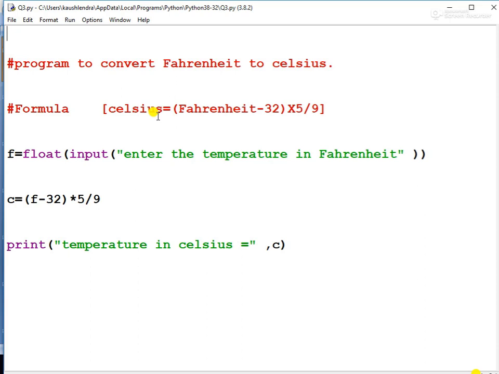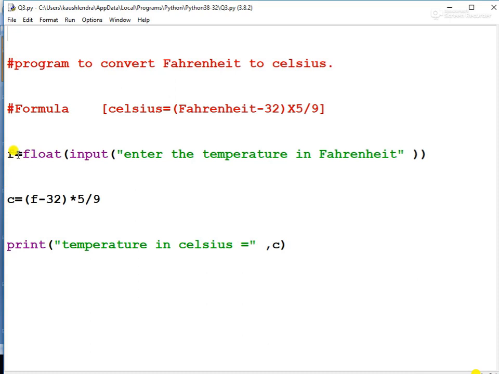For converting the Fahrenheit to Celsius, we must have the temperature in Fahrenheit. So take the temperature in Fahrenheit from the user. Either you can take it from the user, or if you want, you can simply initialize the value directly to the variable, as you want. So here I am writing F for storing the Fahrenheit temperature.